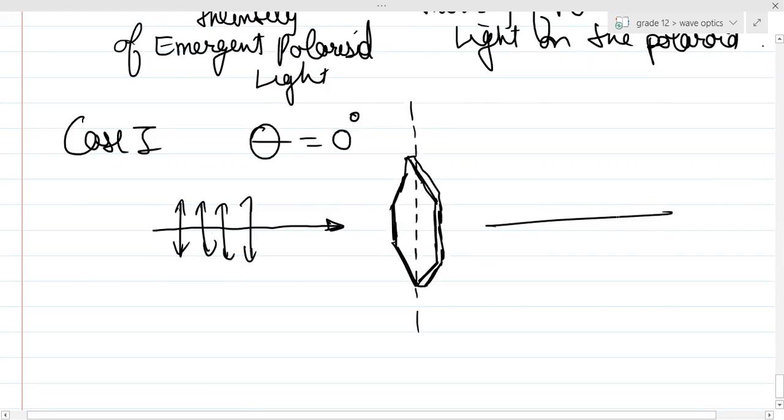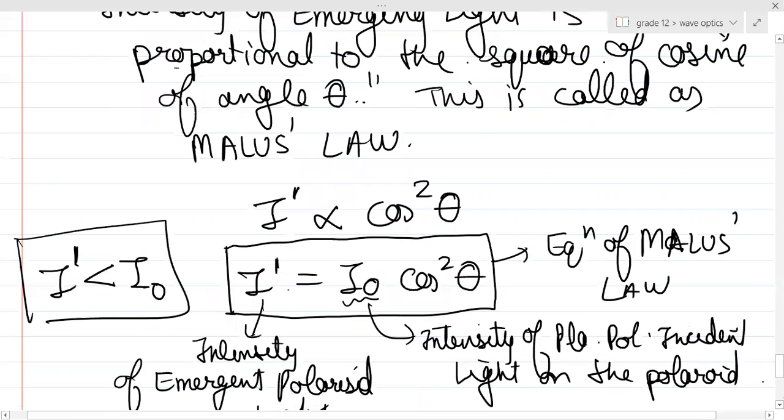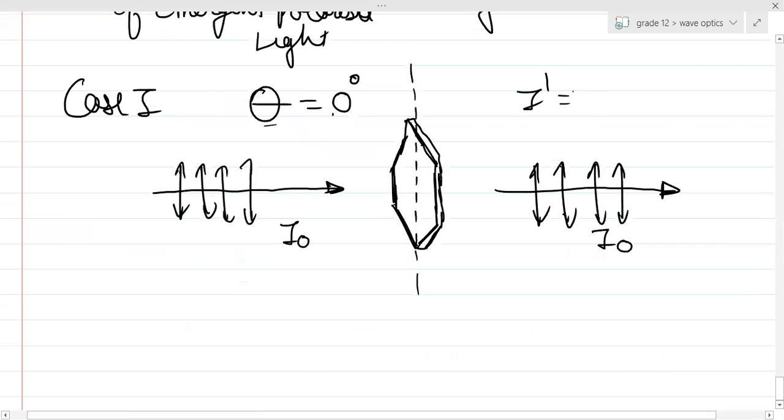Then what will happen to the intensity? Can anyone tell me, will it decrease or will it increase? It won't change, it will remain the same. So if this is I naught, this will also be I naught. Here, when theta is 0, cos 0 is 1, and I dash is equal to I naught. Is this clear? So no change in intensity